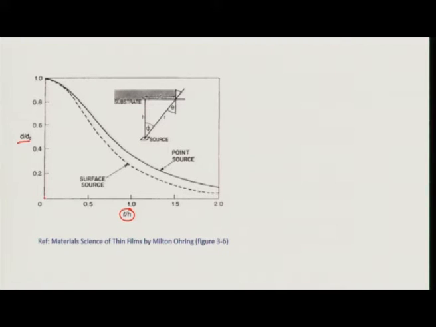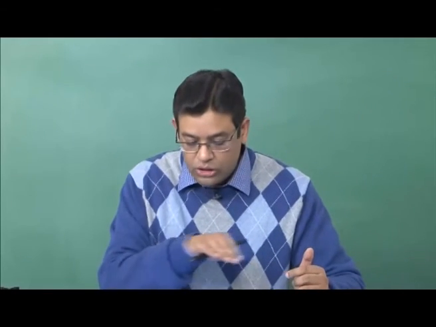L over H equal to 0 means L is equal to 0. So, we are looking at a point directly above the source. The thickness there is 1, and we look at how it drops off along the distance L. So, you will get quite a drastic change in thickness being deposited at different distances from the center of the substrate. Now, this poses a problem because you want to deposit a uniform thickness all through the length of